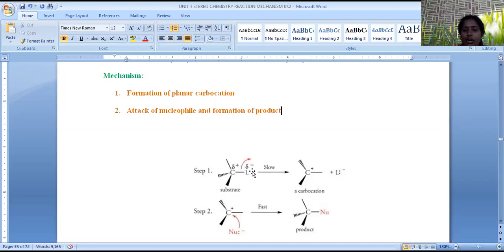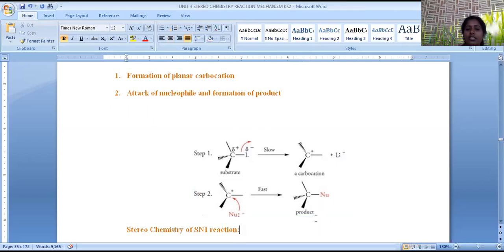Then in step 1, what happens? It is called the slow step and also the rate determining step, where the concentration of alkyl halide influences the rate of the reaction. Here, when the leaving group is eliminated, formation of the planar carbocation is possible. A positively charged carbon is called a carbocation. This planar carbocation has the provision for the nucleophile to attack from the front side and the back side. So there is equal probability of attack from front and back in the second step, which is the fast step. Hence we get a mixture of two products. Generally it is represented as a nucleophilic substitution product in this mechanism.